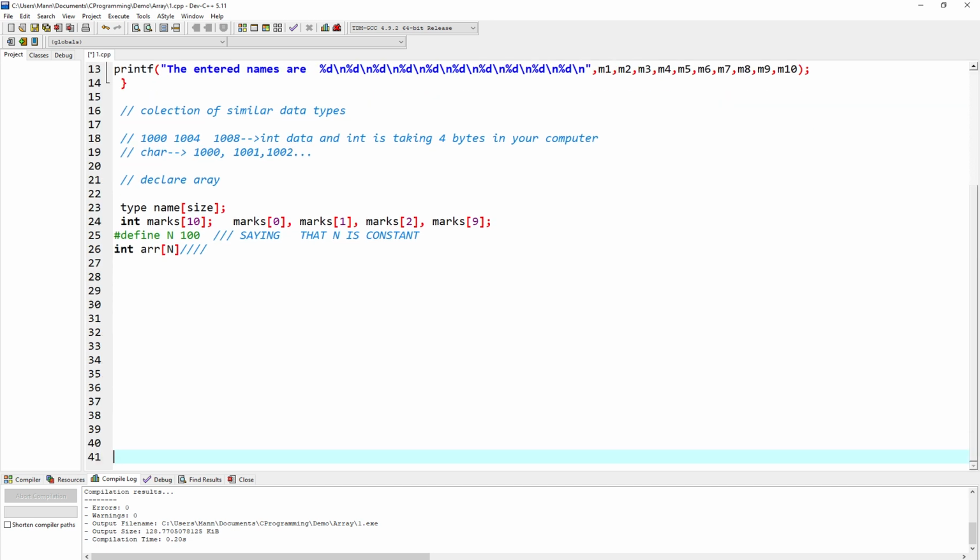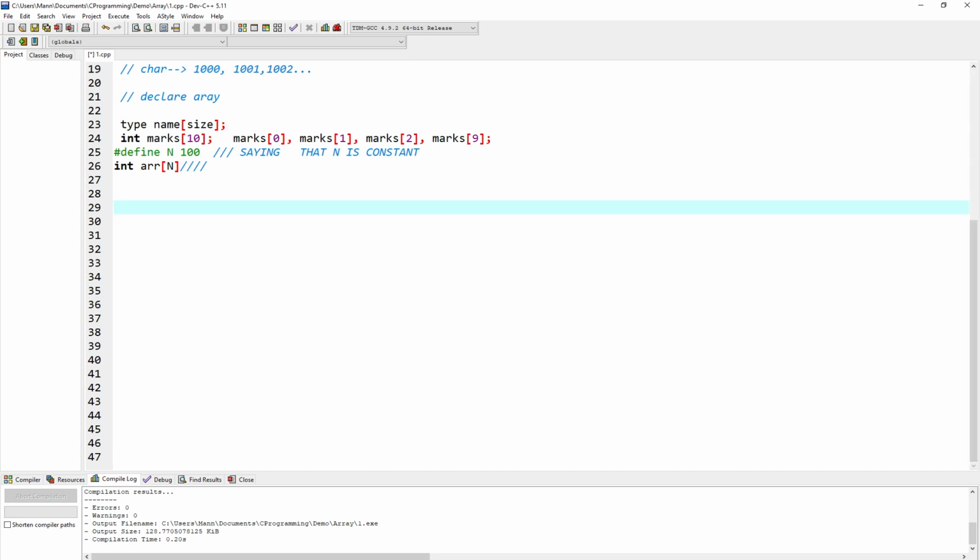So let me come to the accessing part: accessing the array elements. Please bear with me if you see some spelling mistakes, please correct them, because I'm just typing it and sometimes it happens during typing. So this is accessing the array elements.